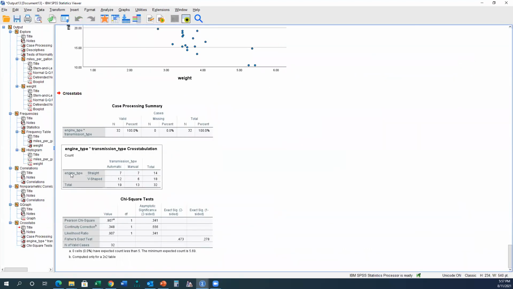So you can see it's going to cross tabulate engine with transmission. 7 cars that were automatic also had a straight engine. 6 cars that were manual had a V-shaped engine type. You then come down to the chi-square test table and you interpret this row right here. We can see, based on the significance right here, this p-value is greater than 0.05, meaning that there's not a significant relationship between engine type and transmission